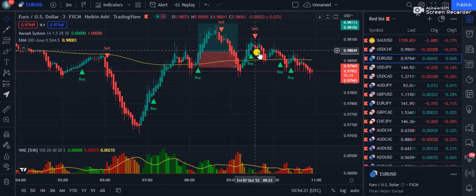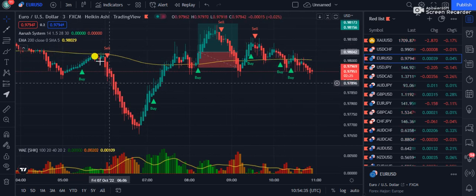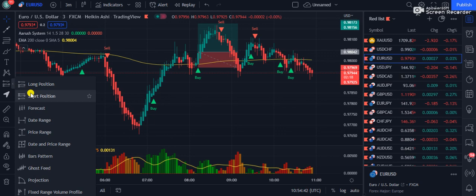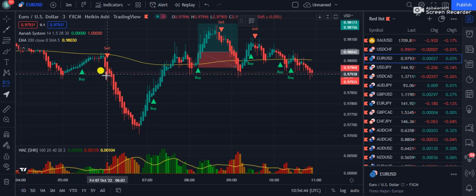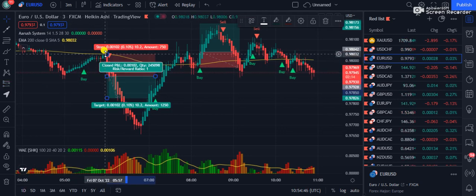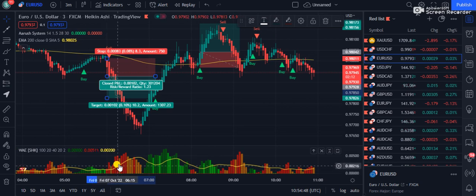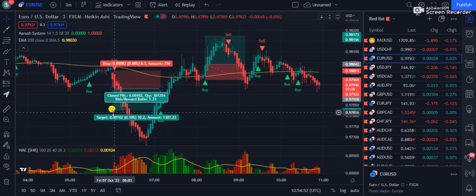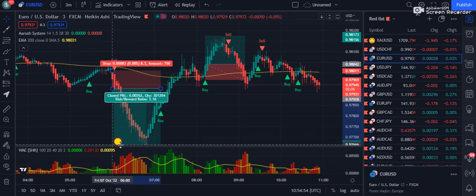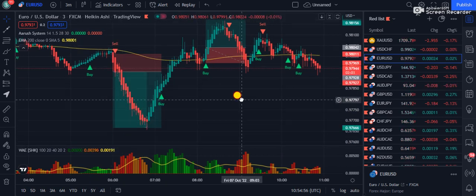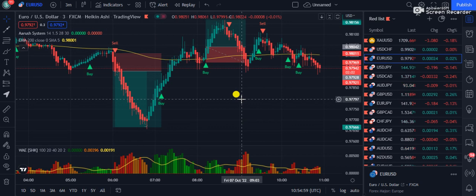Okay, so if you generally look here, the market is a bit slow, but overall it was going fine. And even if you look at this sell signal, I'm going to take a short position here. You can see we have received a sell signal on this candle, and also the WADA line, if you look here, breaks above the explosion line. So it was a very perfect signal. If we calculate the ratio here, then easily we were able to catch a 3.16 ratio,